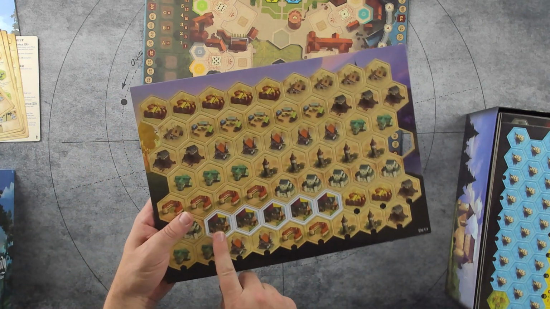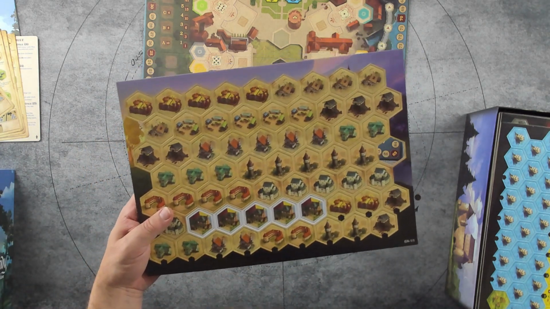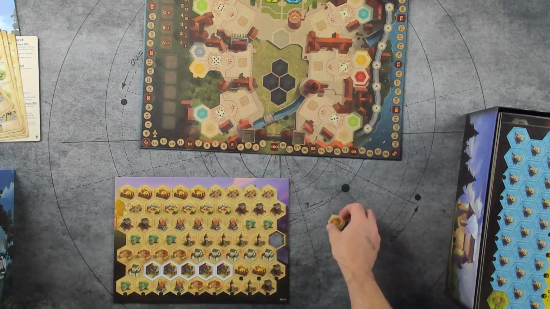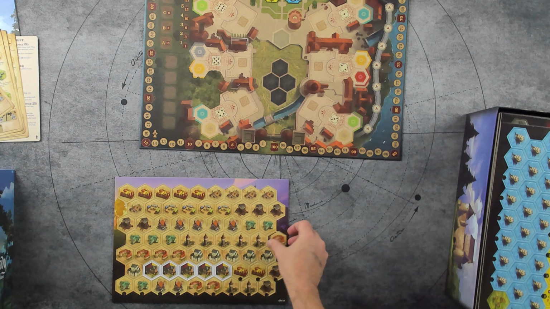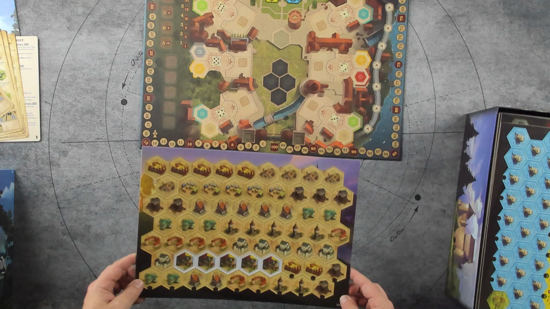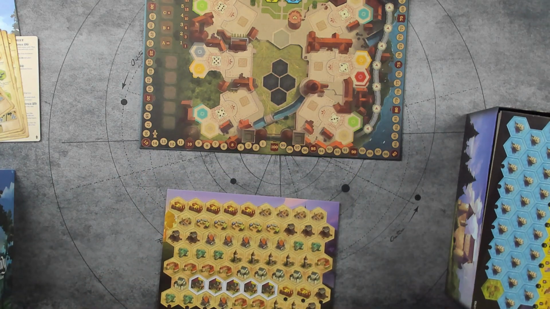We've got these white tiles here, which are part of one of the expansions that I've never played, so looking forward to that. But yeah, all the city tiles there. I'm gonna put it back in. Look at that. Look at it. I never punched it. It never was. Cool. So we've got 1,